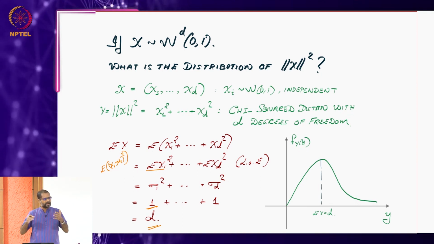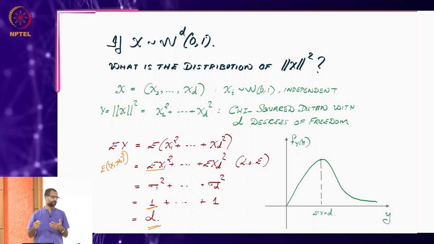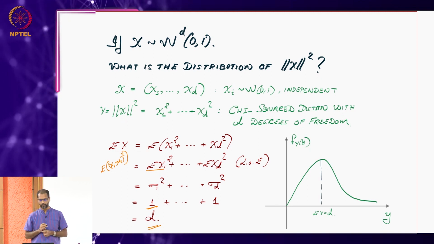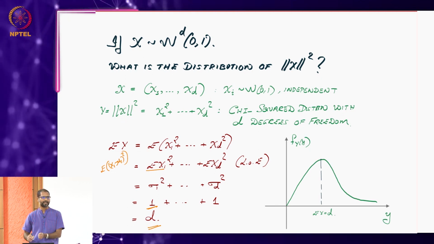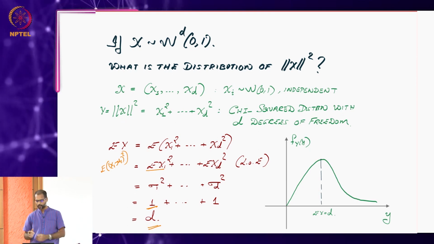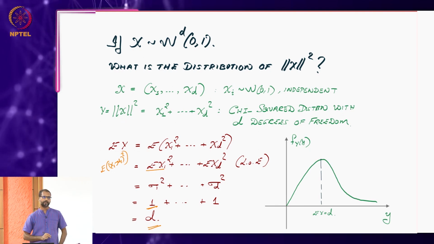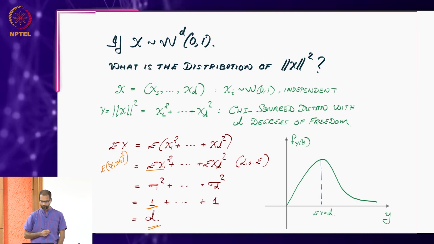Okay. So, if you guess, now the picture here surely uses more information than what we have derived, but this is roughly going to be the shape. It is not a bell curve, it is not that I could not draw the bell curve neatly and so it turned out to be like this. It is something which is limited onto the positive side, its mean is approximately going to be around the d mark, if you are adding up d squared Gaussians. Okay. Now,